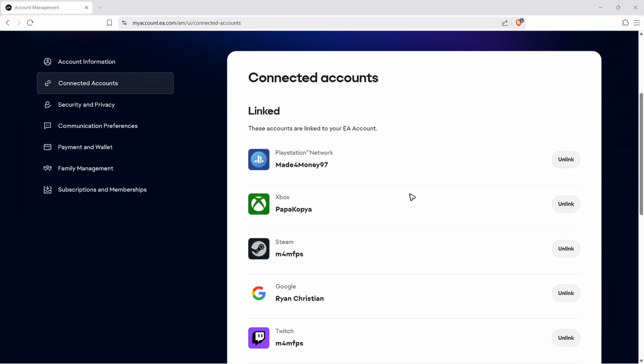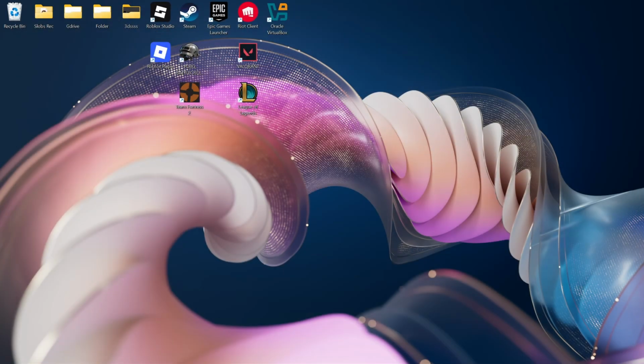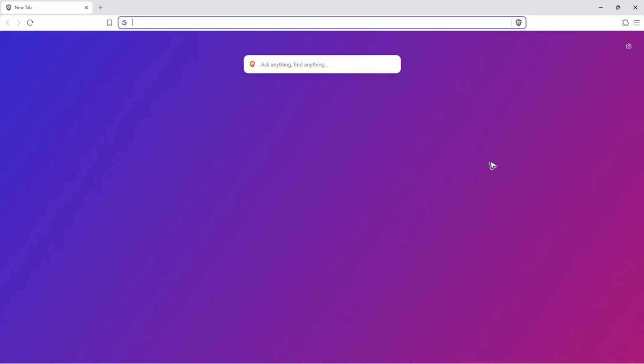Right. So first up, I would like for you to know that you can only do this via your EA account or via the EA website. So go ahead and grab your favorite browser. Could be from your mobile device, PC, or console if you have a web browser. And then just go ahead over to